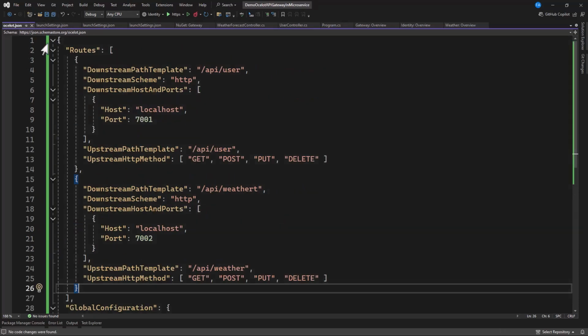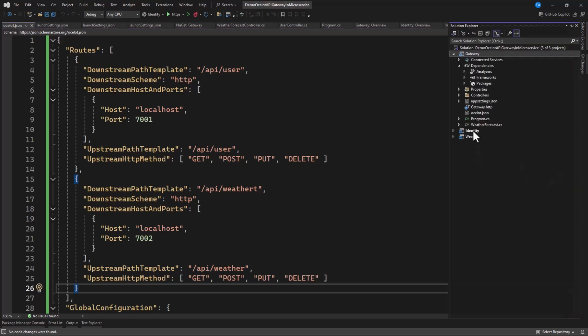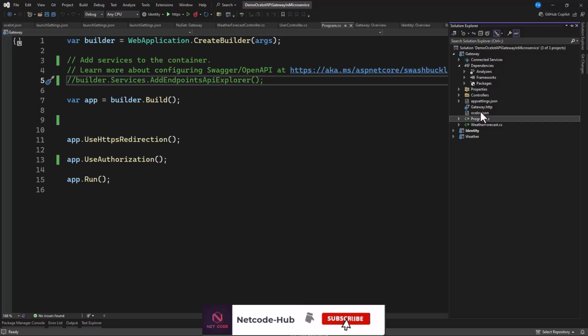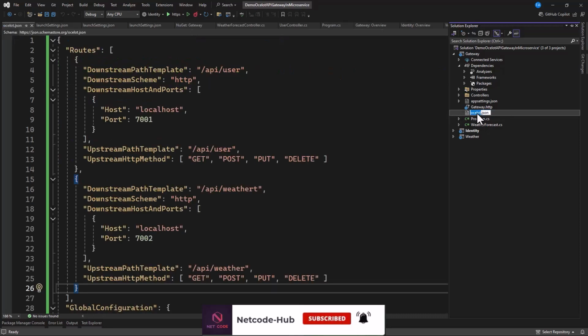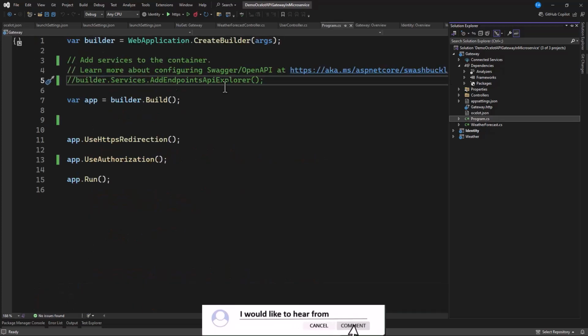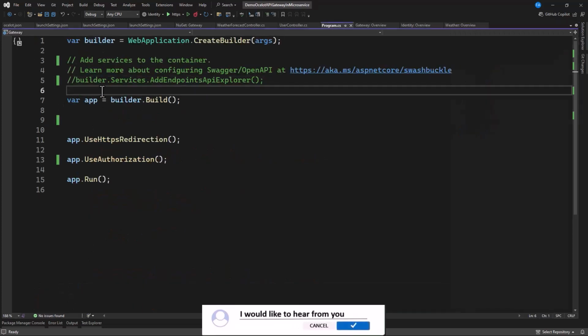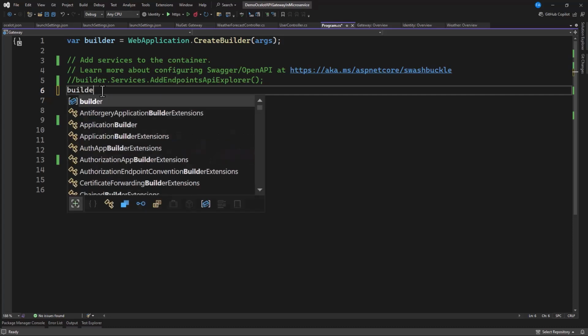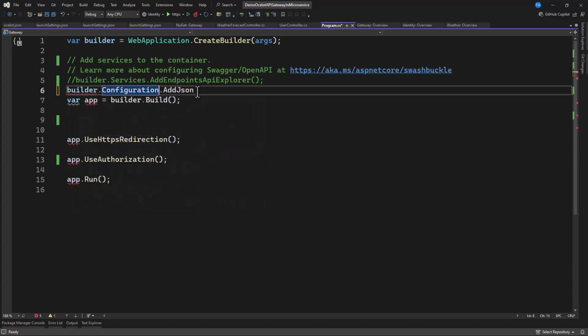The next thing we're going to do here is register this Ocelot JSON in the program.cs file. So let's make that happen. Let's go to the gateway program.cs file, and that is this project's program.cs file. Maybe we can grab this Ocelot name. Now in here, before the app build, we're going to say builder.Configuration.AddJsonFile.